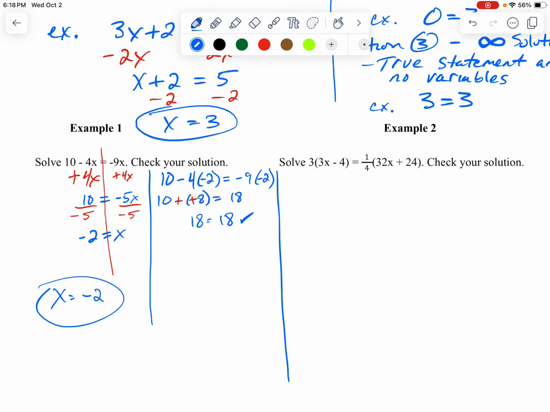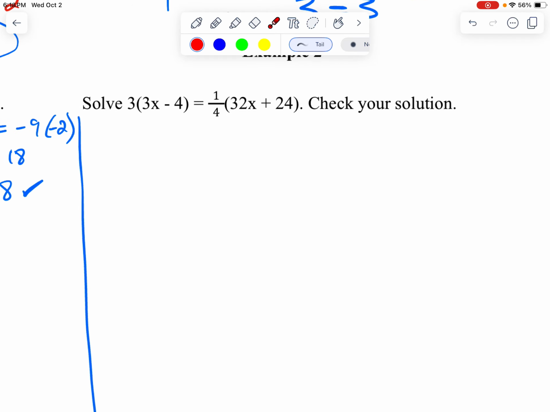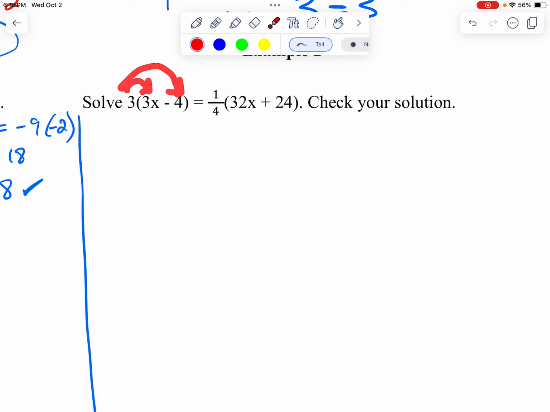Number 2, we need to do some distribution first because we can. Remember, the number sitting right outside the parentheses is what tells us that we need to do that distribution. So I'm going to multiply through here, and I'm going to do the same thing on the other side. On the left, 3 times 3x is 9x, minus 3 times 4 is 12,